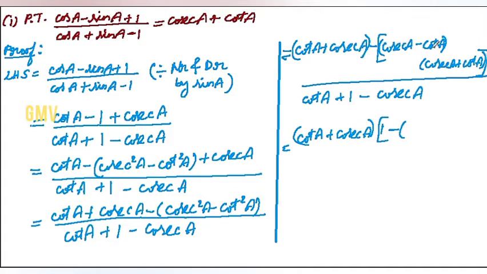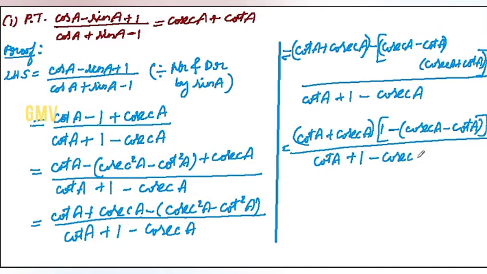So remaining is cosecant A minus cot A. So I will write that one, cosecant A minus cot A whole divided by cot A plus 1 minus cosecant A. In the next step, write cot A plus cosecant A as it is, cot A plus cosecant A into 1 multiply minus within the bracket, so we get minus cosecant A, minus into minus plus, so plus cot A